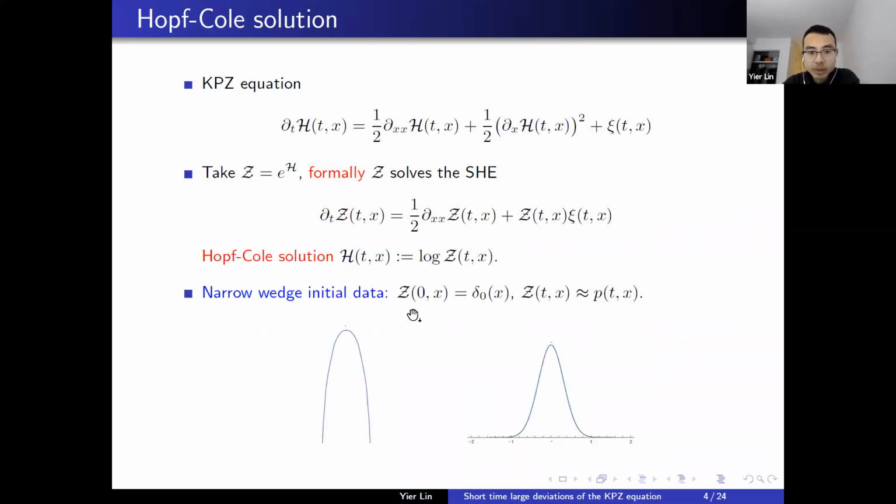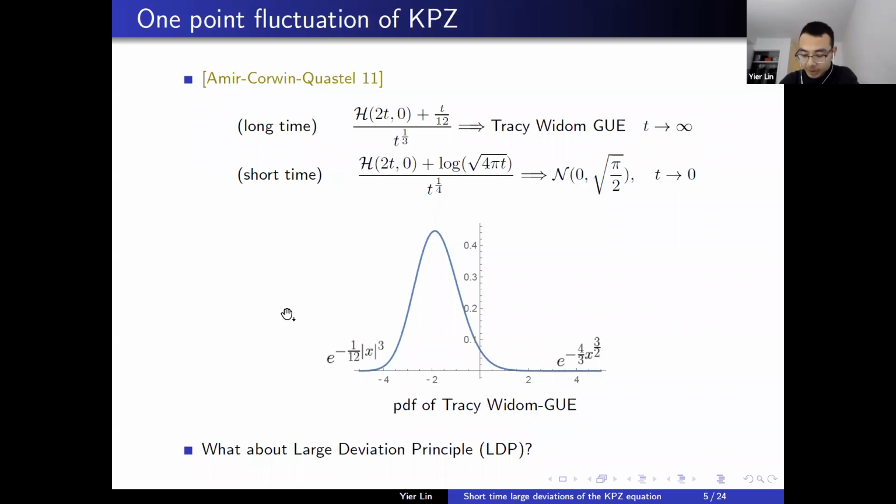Then it tells you when time is really small, the KPZ equation is approximately the logarithm of the heat kernel, which is basically negative x squared over 2t. And so it's a negative parabola. And as time becomes smaller and smaller, you'll see this parabola become narrower and narrower. So this is why we call this the narrow wedge initial data for the KPZ equation. So thinking of your h as describing the height function of some surface growing from this narrow wedge,